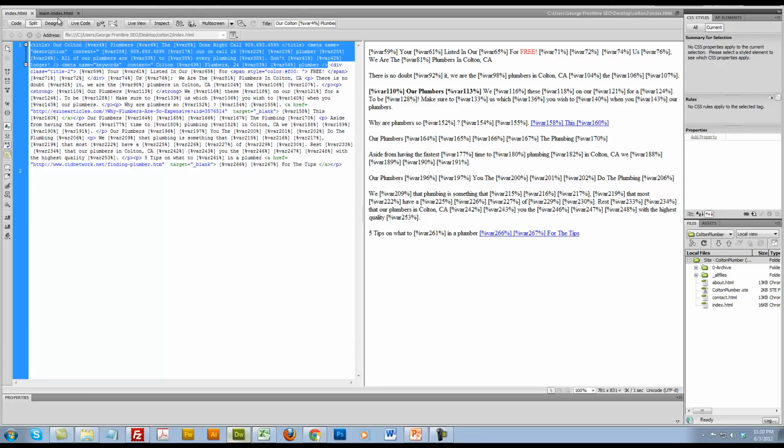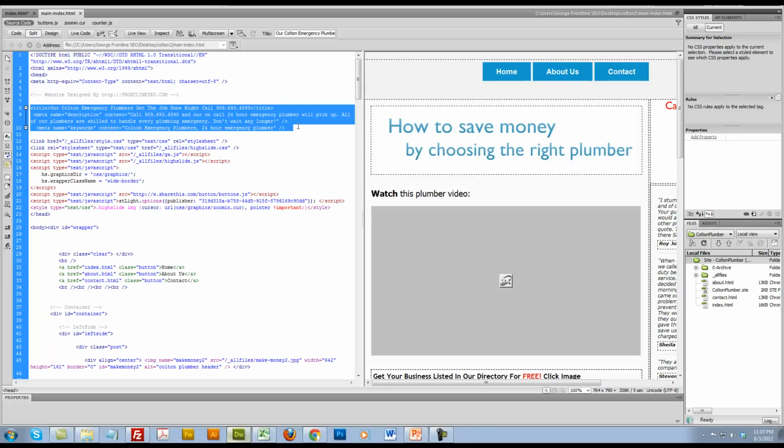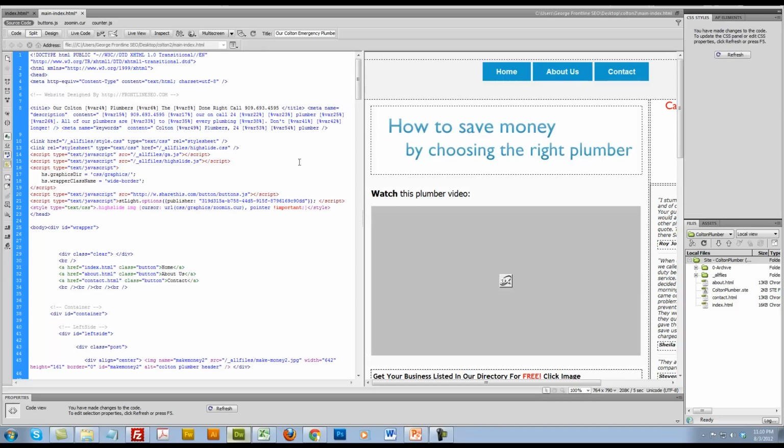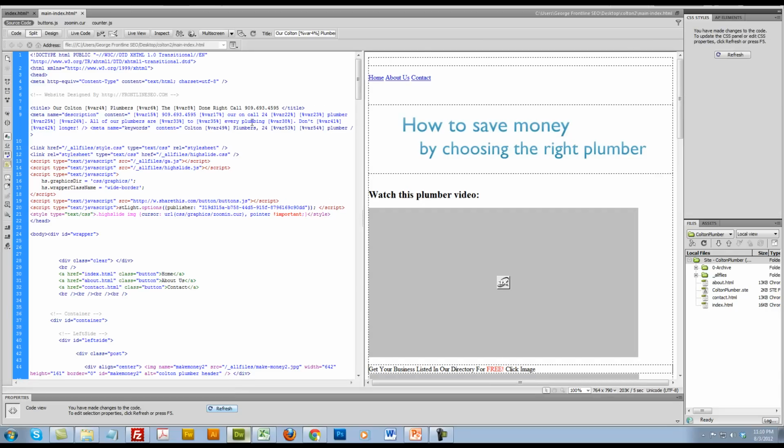Highlight it, hit Control X, and go to the main index that you just found, and here's the title, up to the keywords, paste it. Now refresh. Looking at the keywords, there is an issue here too. Hit enter there, put that on its own line and that on its own line, and